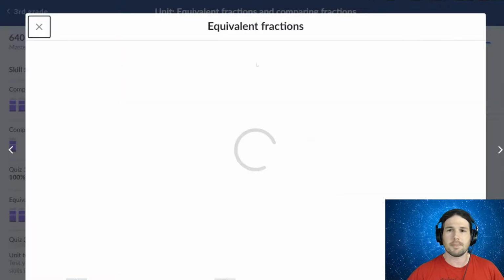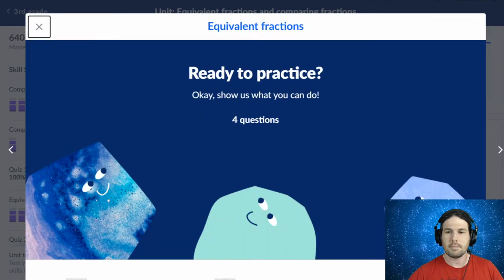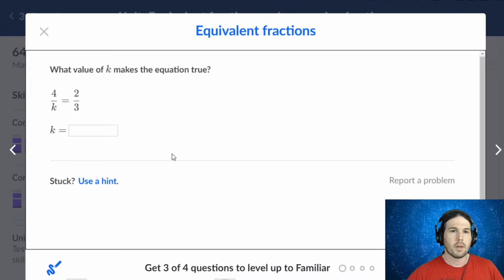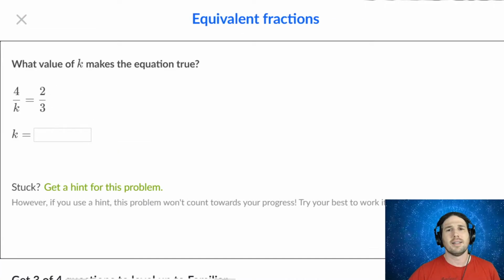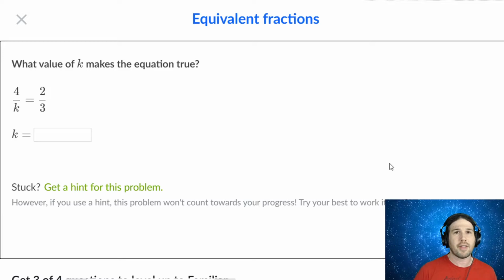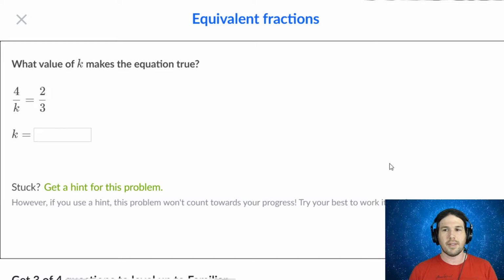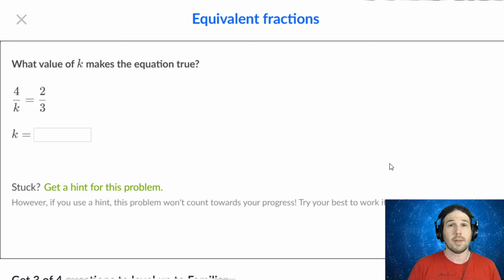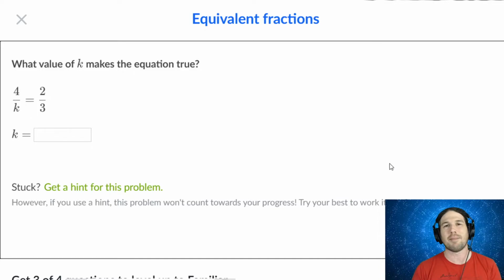Equivalent fractions. Oh no, oh God. This is the first time, I think, in this stream that we have used a letter for a variable. Again, I do have a video for this over on my YouTube channel, which you can find at professor-cunningham.com and click on my face. However,